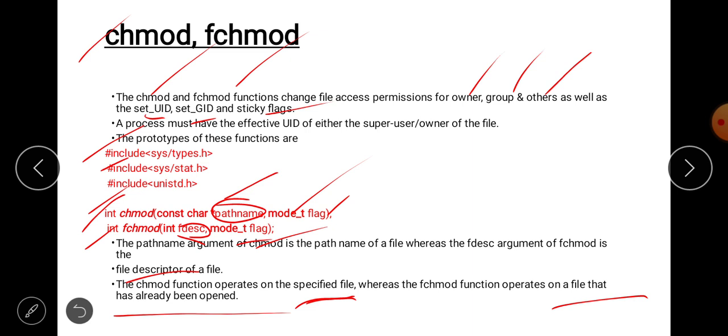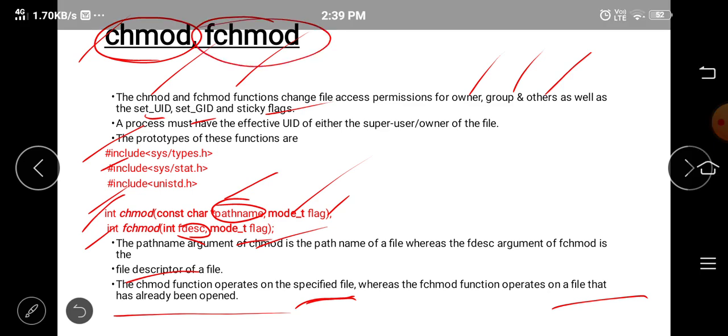That is the difference between chmod and fchmod.